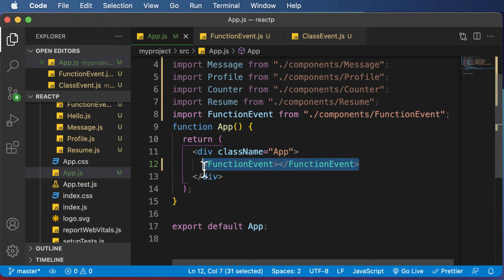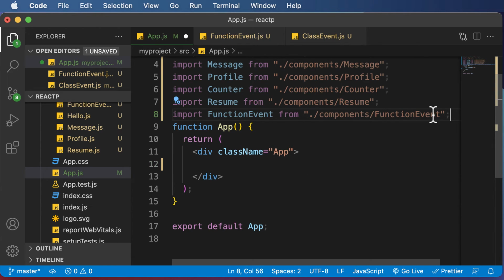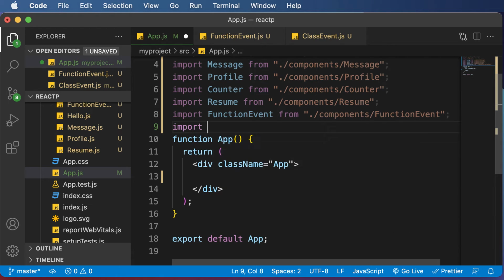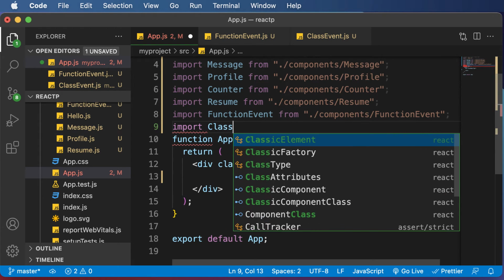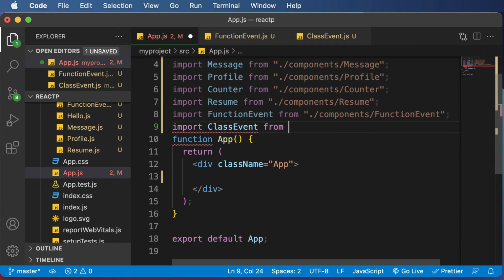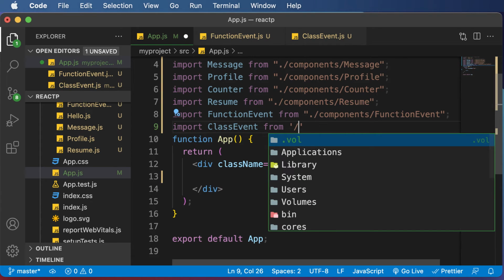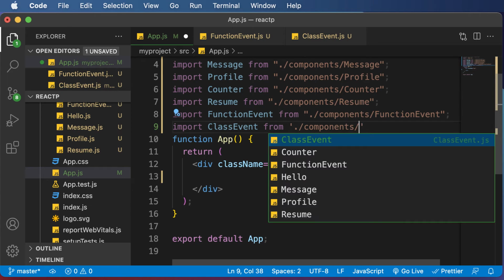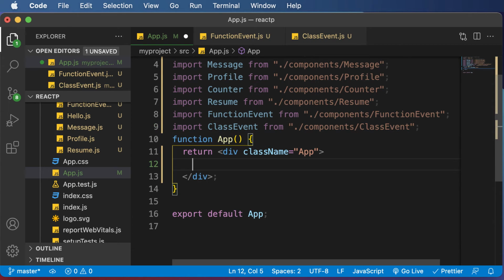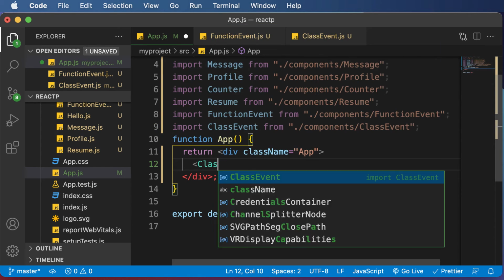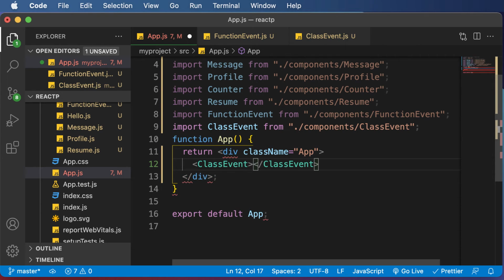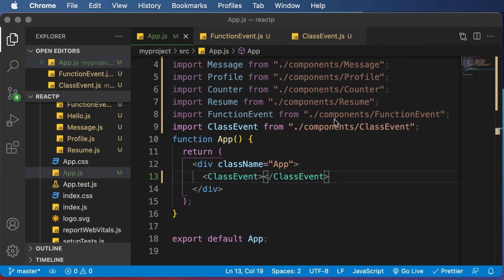So I'll get rid of this code, and instead I would import the ClassEvent. So I would say import ClassEvent from ./components/ClassEvent, and then simply add that component here. So ClassEvent. So once this thing is done, I could go back to the browser,